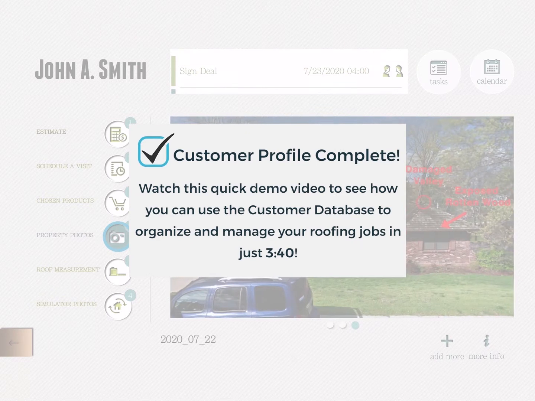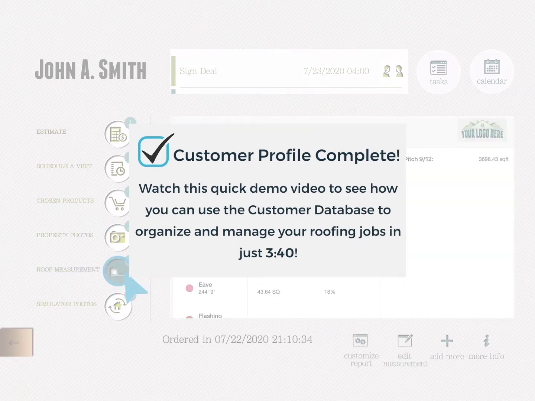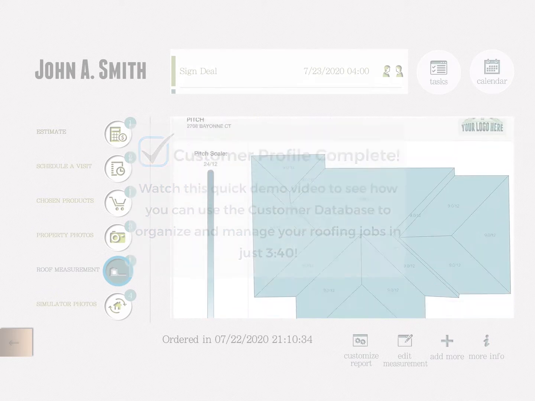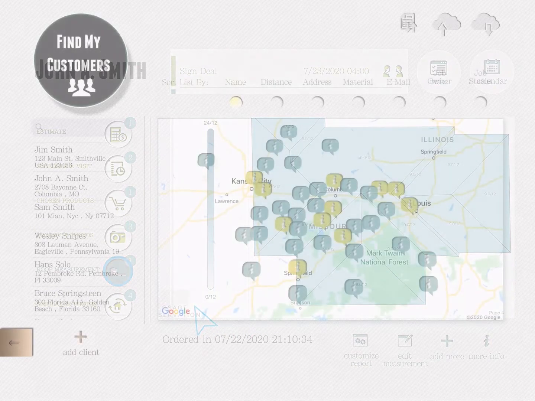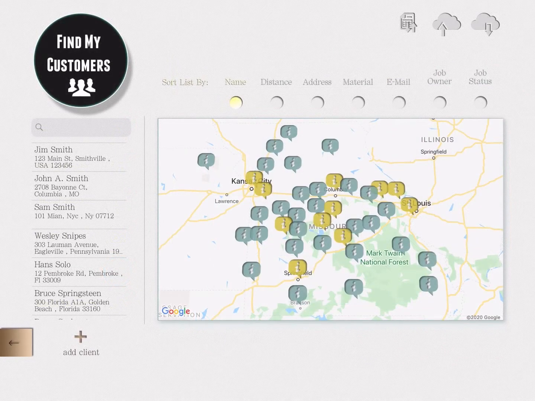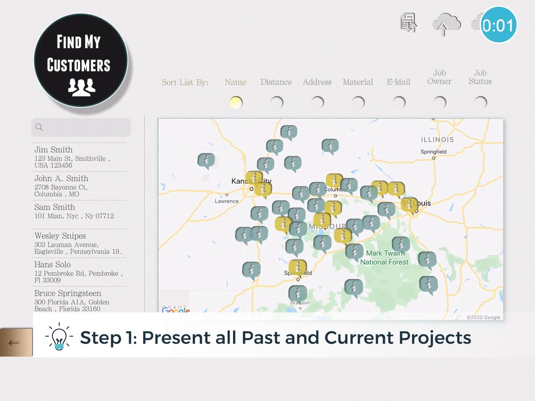This is basically your hub of organization. It's a way to manage all of your roofing jobs. In that case, I'll show you the process of looking and browsing through everything in just 3 minutes and 40 seconds. I want to point out right off the bat the best thing about the iRoofing customer database is the